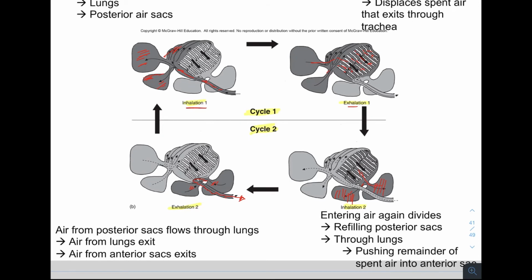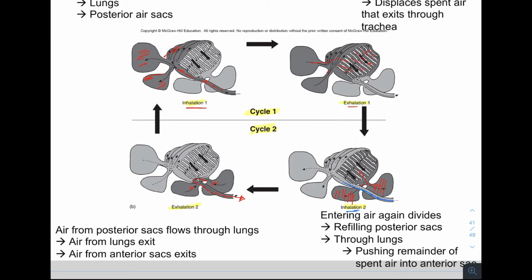Once you've been able to track the dark gray volume of air, then we can look at the light gray one and try to see what it does. But really, it's doing the exact same thing. It's just one cycle later. And so for the light gray, I like to start with inhalation 2 and follow it. So now I'm just focusing on the light gray. And I see that in inhalation 2,